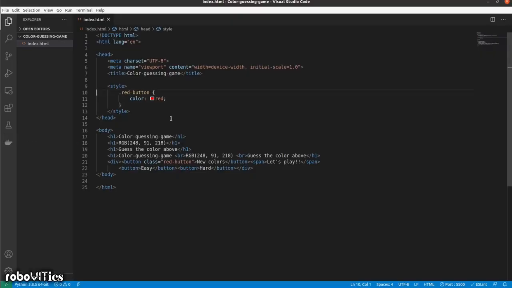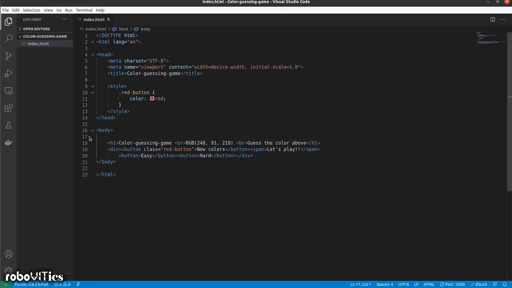So this is how you can use a class, and let's try it out using an ID as well. So let's just try selecting this piece of code, that is your RGB and the value inside it, using an ID. To do that, I'll be enclosing it inside a span so that I can target that specific piece of HTML content.